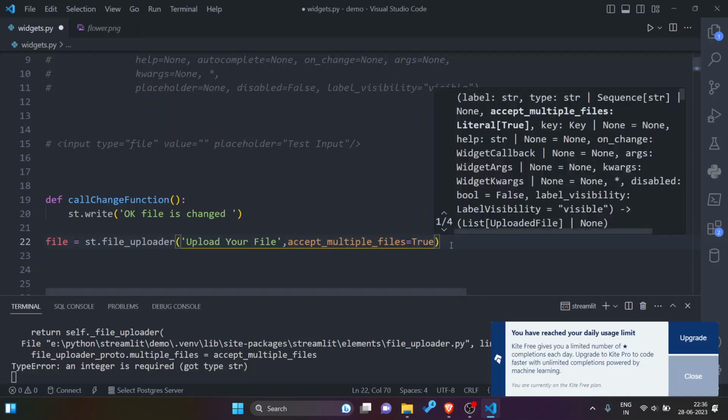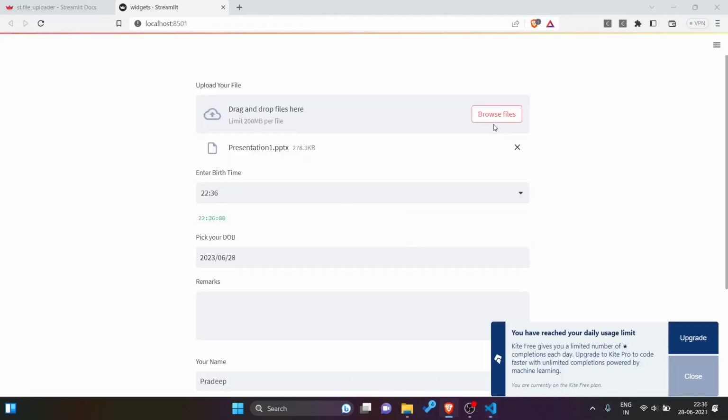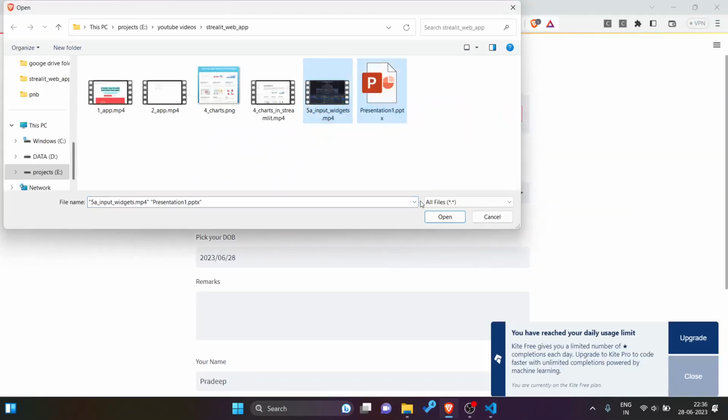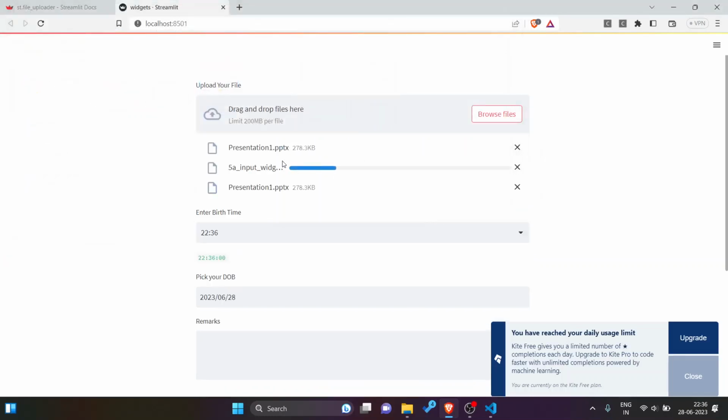Let us see the example. Here accept multiple files is true, then I can drag and drop multiple files to upload. So here multiple files, first file is uploaded, then second file is also trying to upload. Because it's a large file, it will take some time. Limit per file is 200 MB. Let me cancel it.